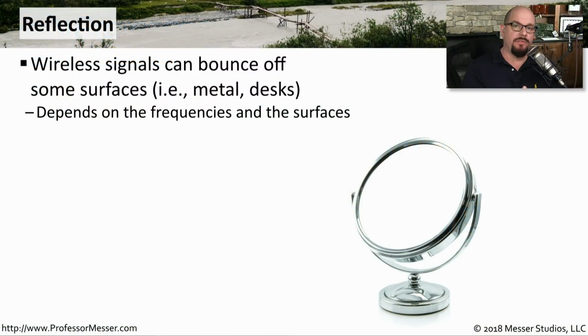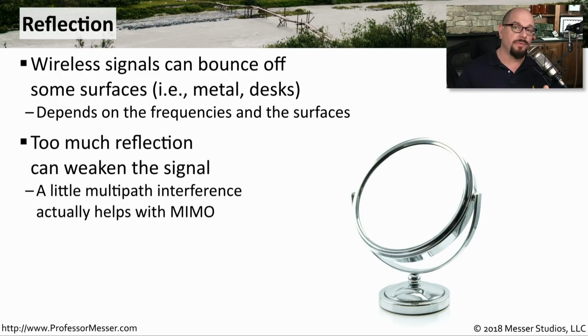One challenge we have when designing wireless networks is dealing with reflection. Reflection is when a wireless signal bounces off objects. Some objects, like desks or metal, may bounce signals better than others, and the signal may bounce differently at 2.4 gigahertz than 5 gigahertz. If there's too much reflection, you may find that the signal is weaker than you might expect. But a little bit of reflection can actually be useful, especially if you're taking advantage of multi-path interference with